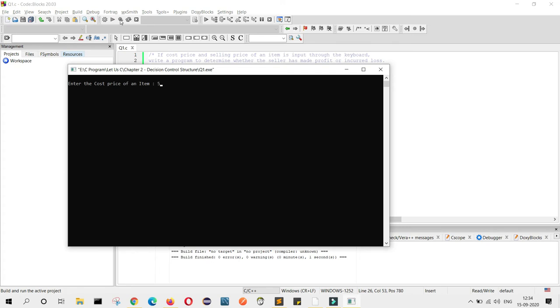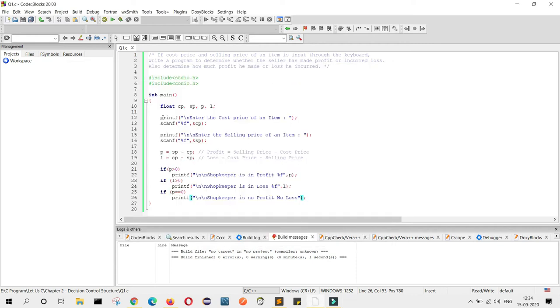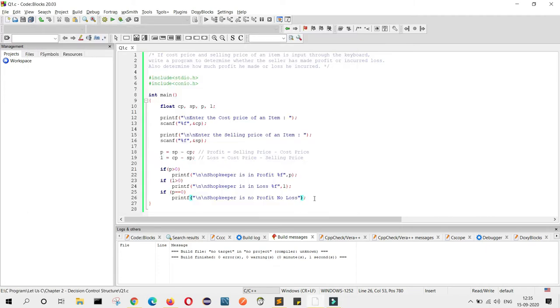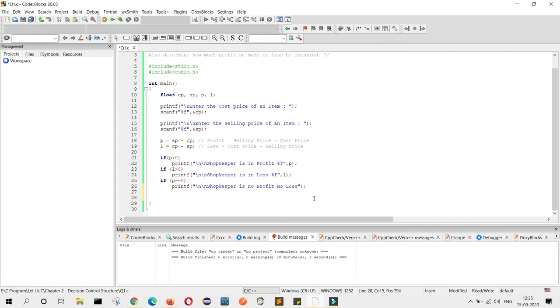Enter the cost price 50, selling price 20. The shopkeeper is in loss of rupees 30. That is fine. Now one more run for no profit, no loss. The item is 50, selling price is 50, no profit, no loss. So here I will write one more print statement.